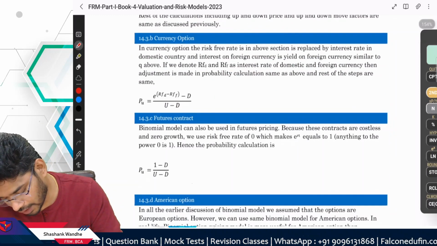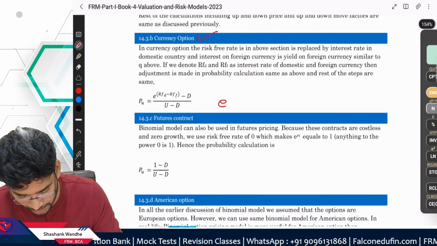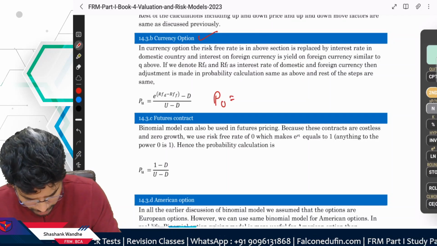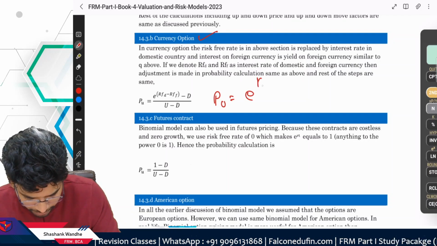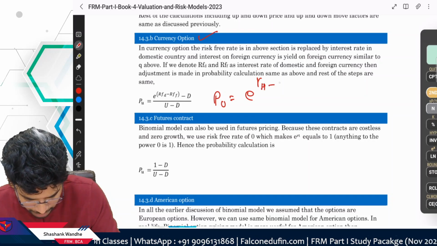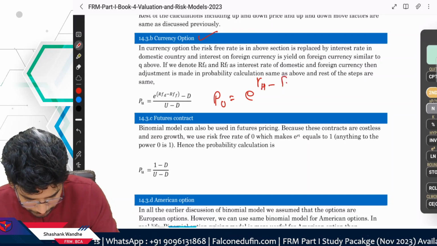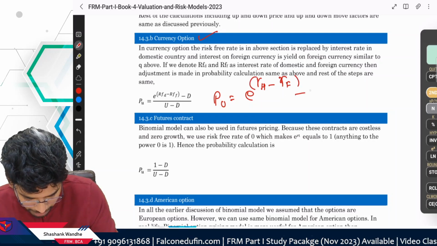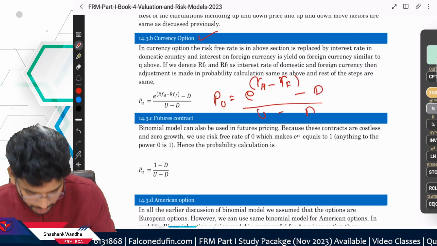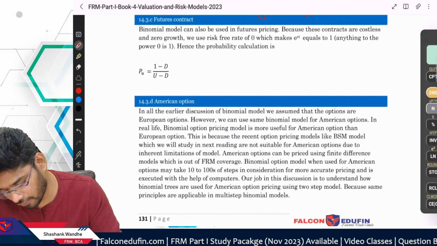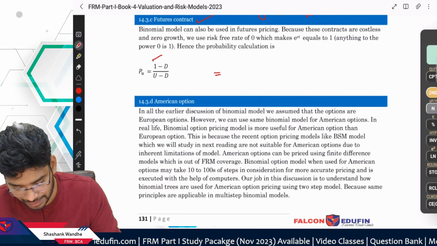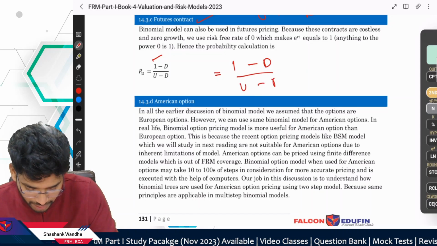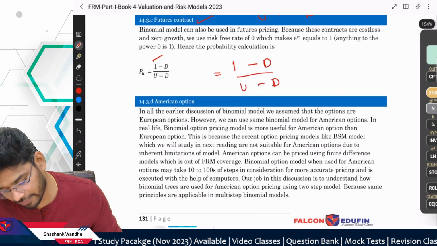Then we have the currency option. If you have the currency option, then only the changes are in PU. PU is equal to e to the power risk-free rate of home currency minus risk-free rate of foreign currency, minus D divided by U minus D. This is the formula we have to use. Then for the futures contract, instead of e to the power RT, we take 1 minus D divided by U minus D. The explanation is already provided, like why we are taking 1 for